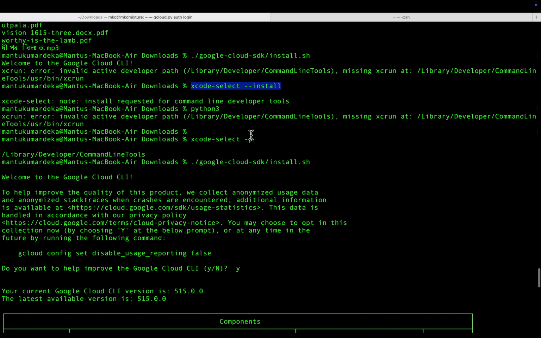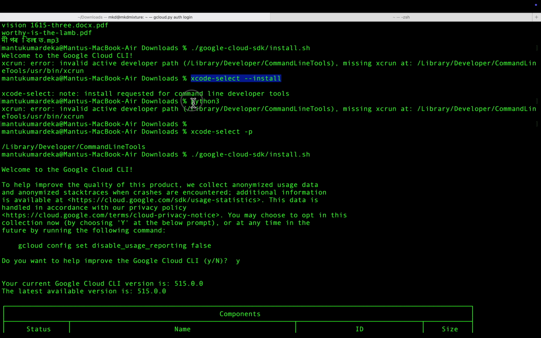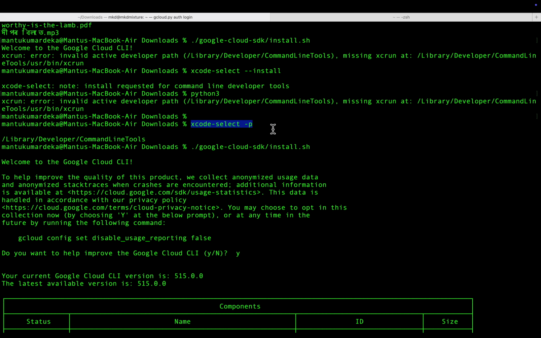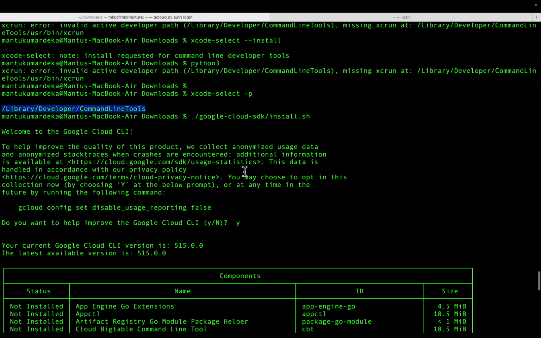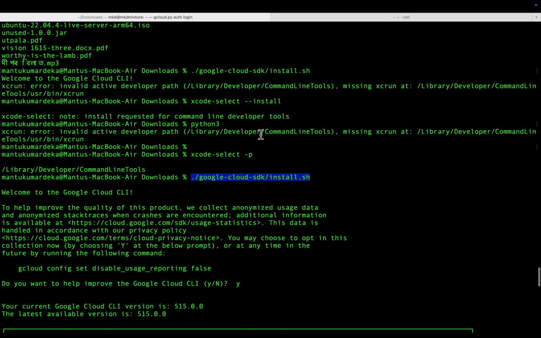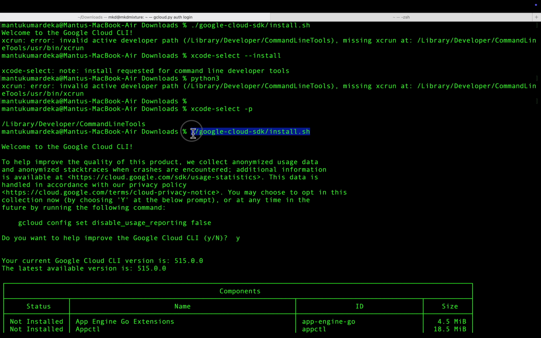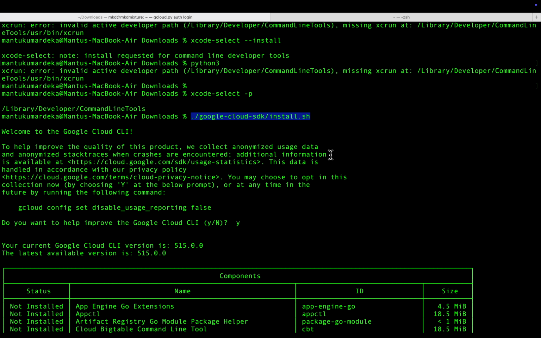I didn't install the Python, so I installed the Python, and then you can see this is the confirmation code for whether you have installed Xcode or not. You can see I have already installed this Xcode, and then you need to run that. First, when I ran that, there was an error. You can see this was the error, and then I installed Xcode, and after the install of Xcode, I ran this Google Cloud SDK